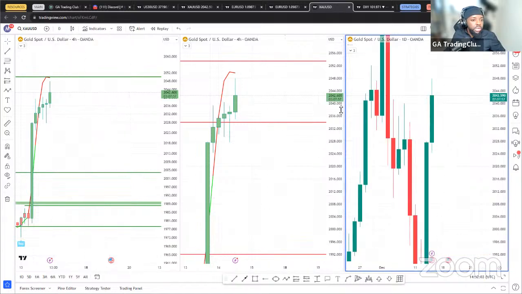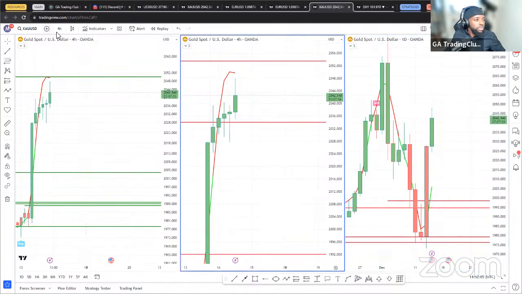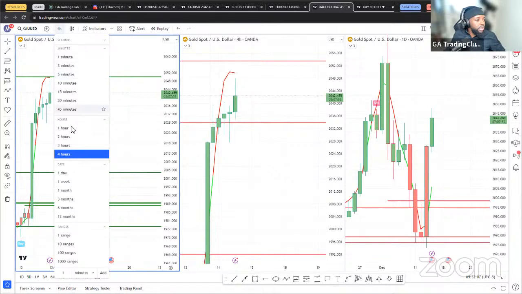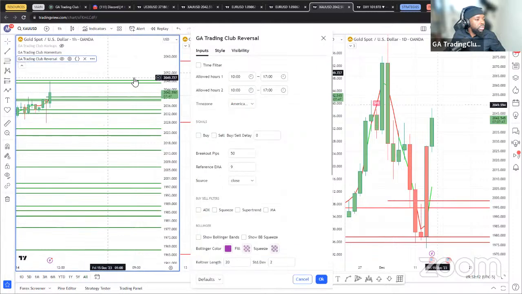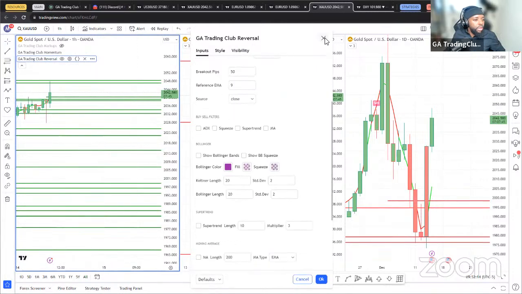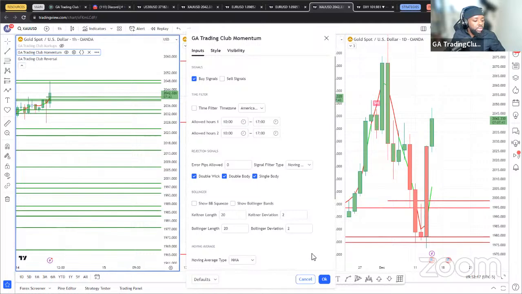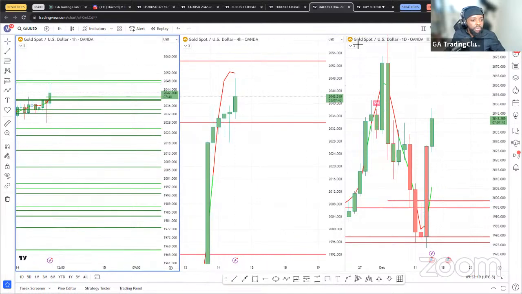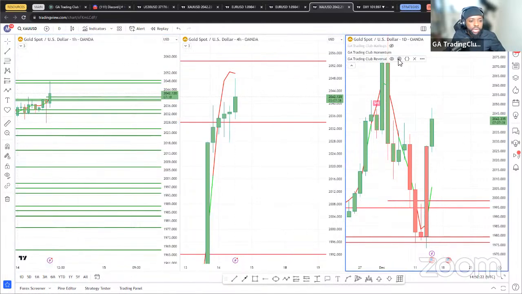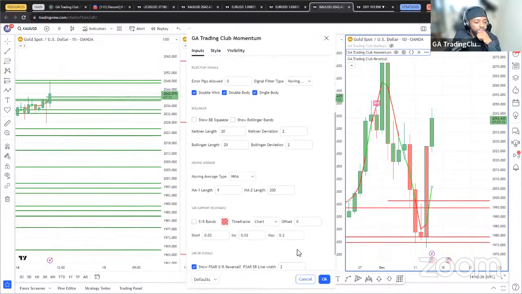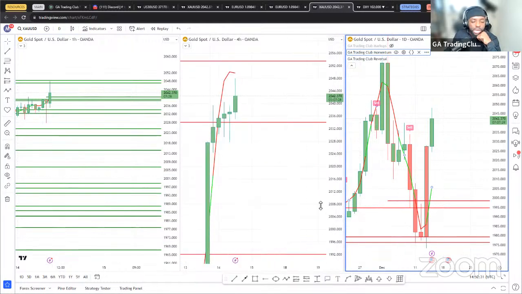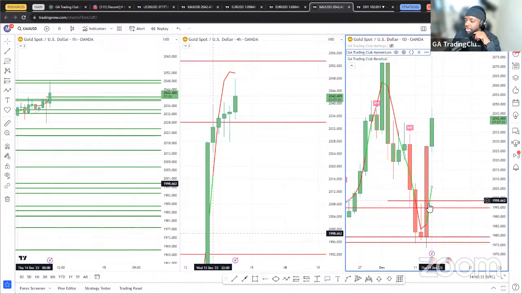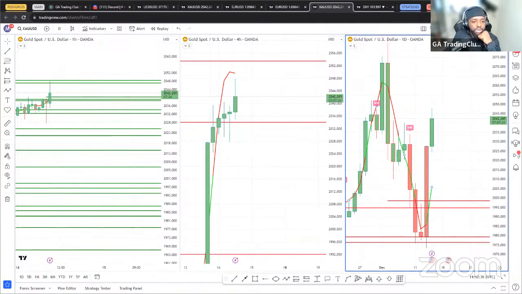So this is the daily. This is a 4-hour. This is the 1 hour. And what I'll do here, so reversal. Those two have the moving average. The daily shouldn't have a moving average. Daily, no moving average. US 30 is back to break even and in slight drawdown, even for me right now.